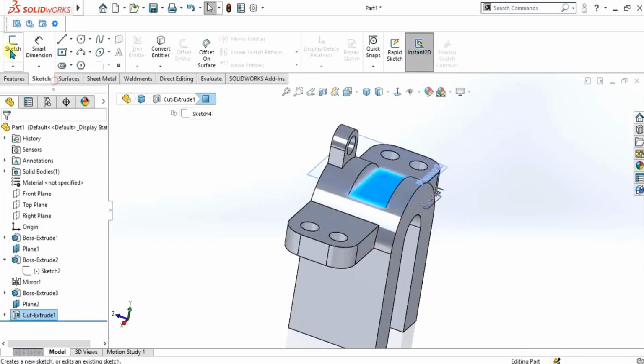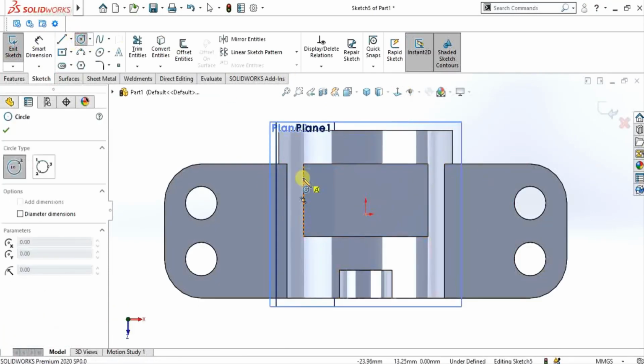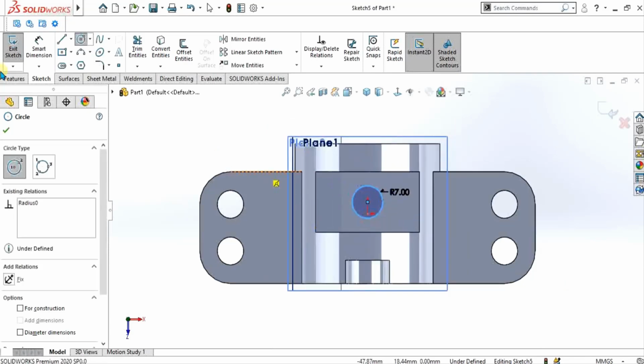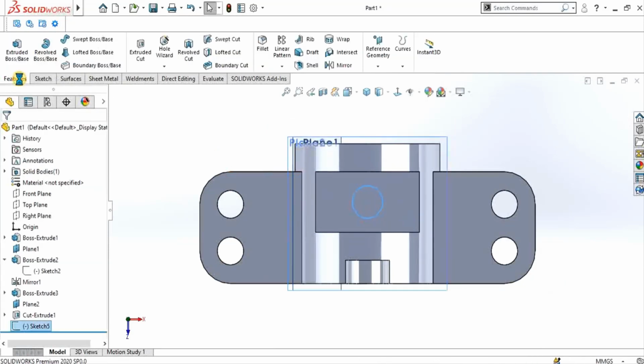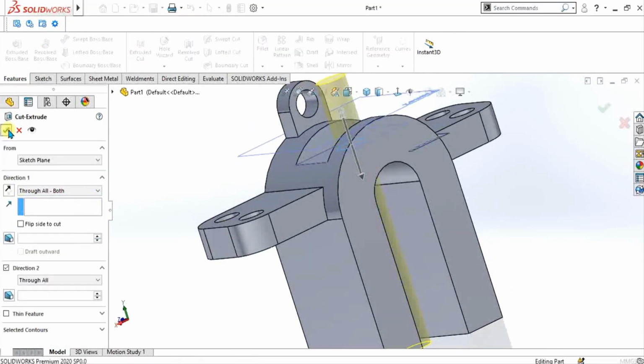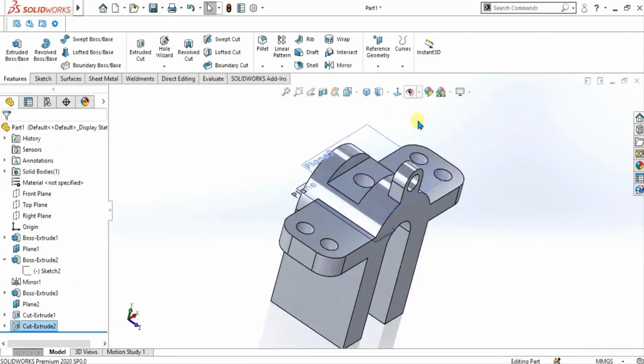Select this face, go to sketch and make a circle at the middle of this rectangle and give it the value of 7 radius. Go to exit sketch, go to extrude cut and extrude cut it through all both. Select OK. So our part is ready.